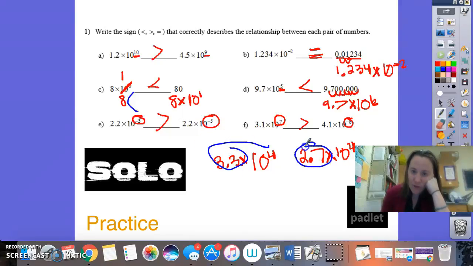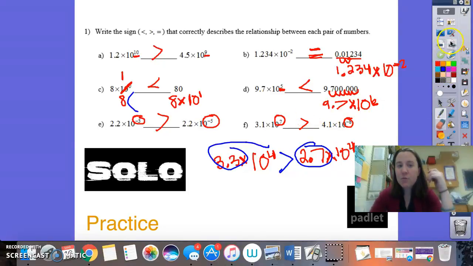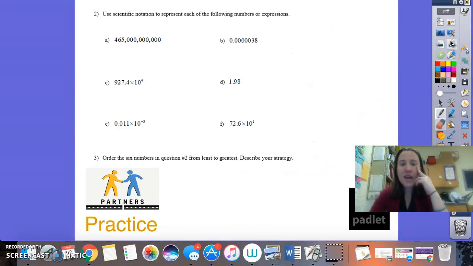So this is 3.3, this is 2.7. And whichever one is larger would be the larger value. And 3.3 is larger than 2.7. This next section you may work through with your partner, and we are first going to use scientific notation